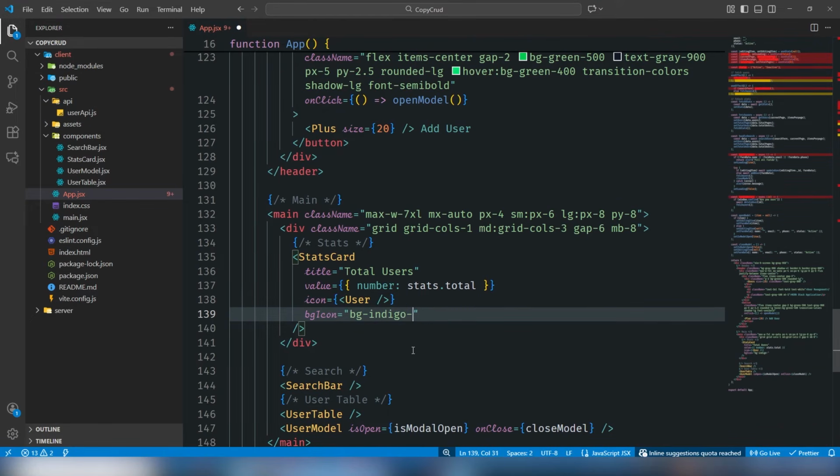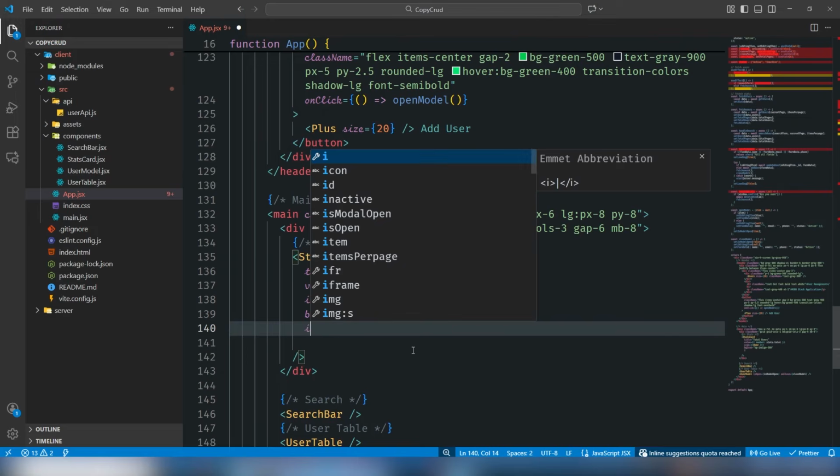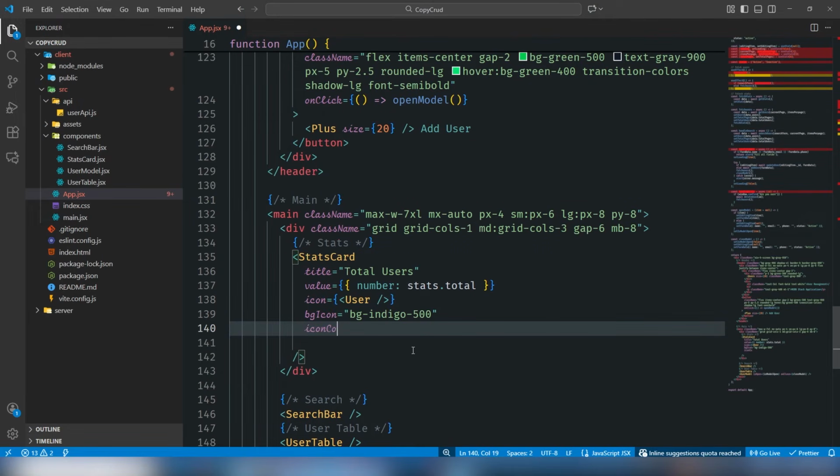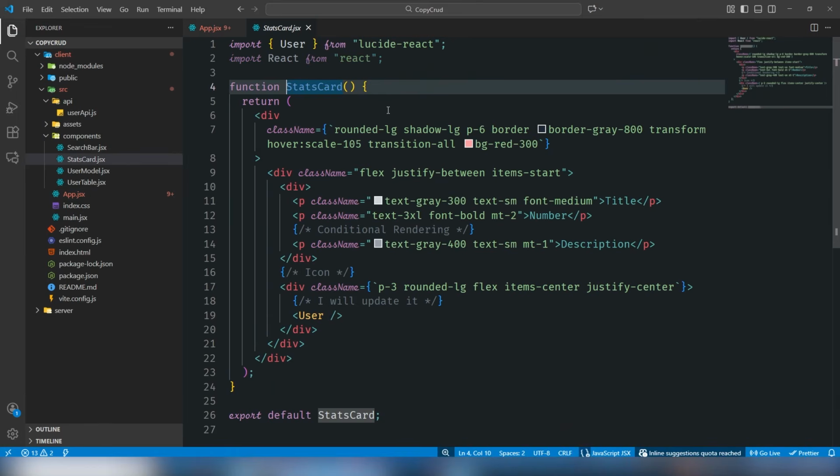and I'm gonna use bg icon, which should be bg indigo 500. And the next one, icon color should be text white, and background color I would say gradient from indigo 900 to indigo 700. So I open it, basically that,